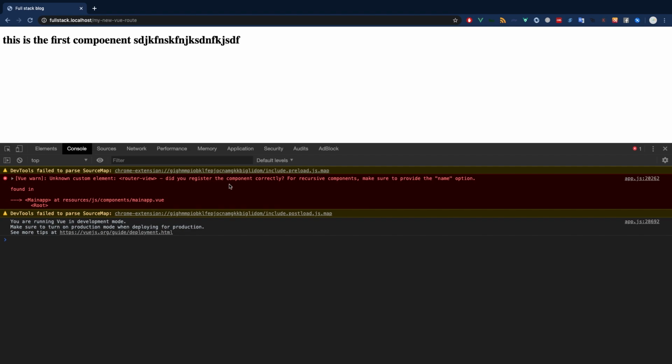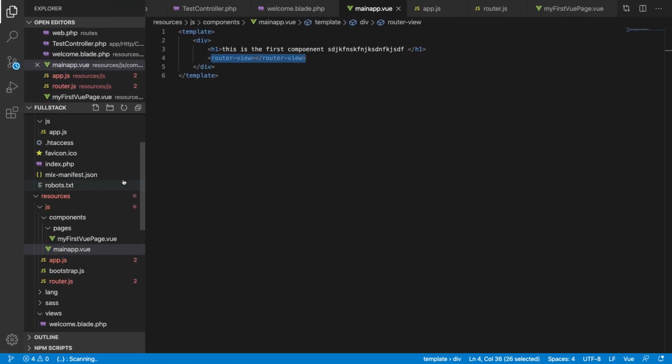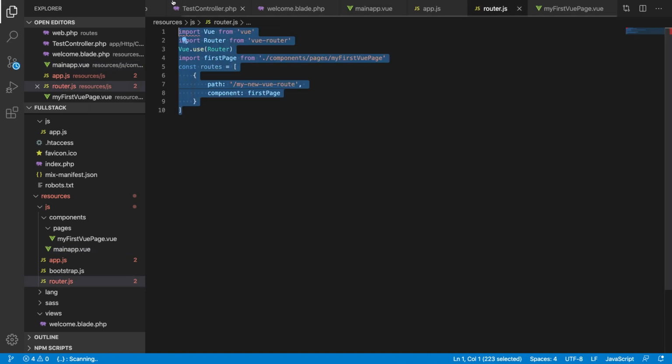Now if I hit this one, router-view, did you register the component correctly? Okay, it seems there is an error. Router view. Okay, it's perfect. So that means we are not using this Vue router. It's defined here, we are using it here, but this file is of no use, simply because we have written code in a file and this file is not being used. So we have to use this file. Let me show you how we can use that. We have written an array of routes, and this array has one object, one route,